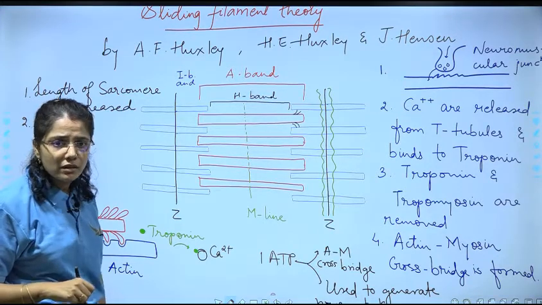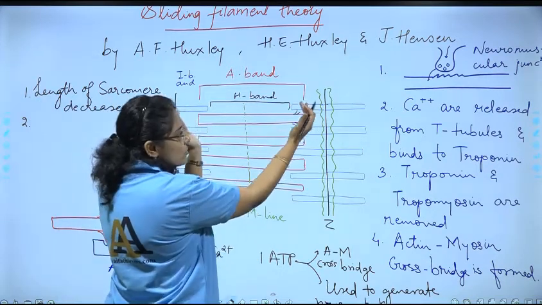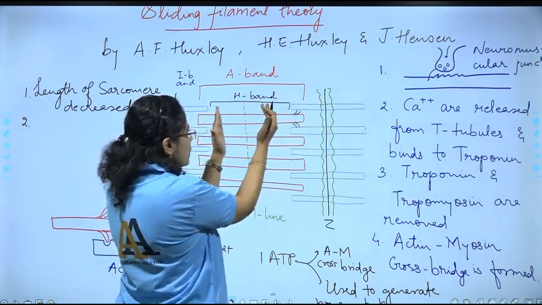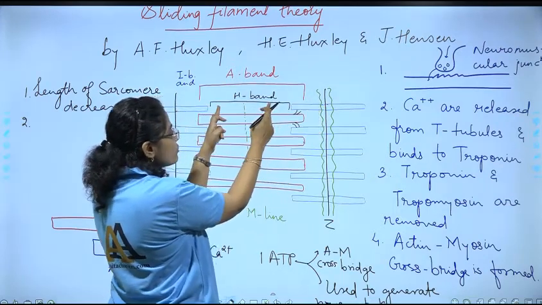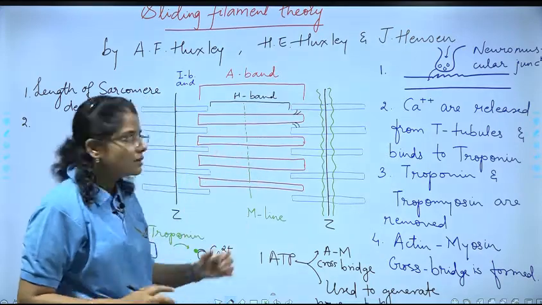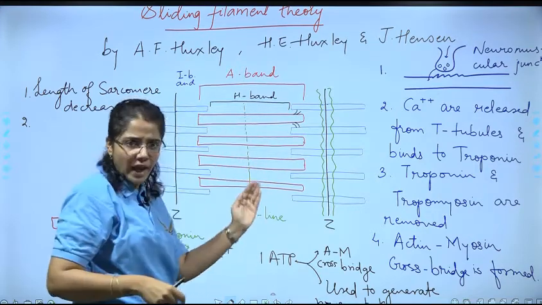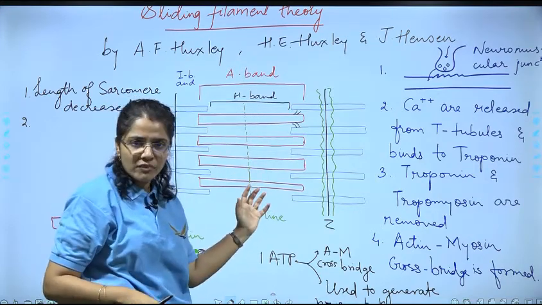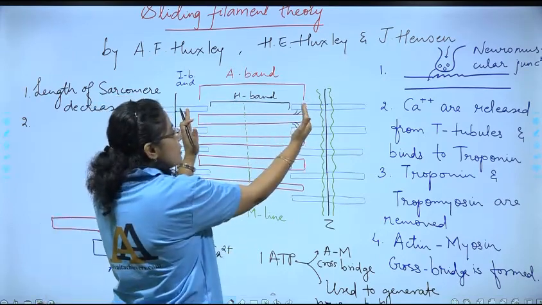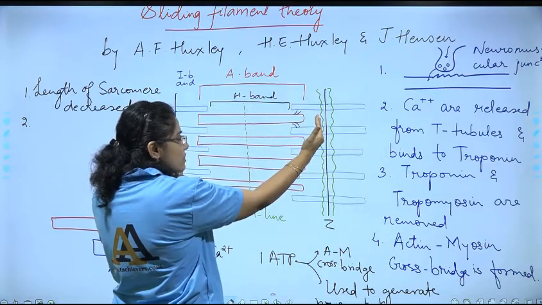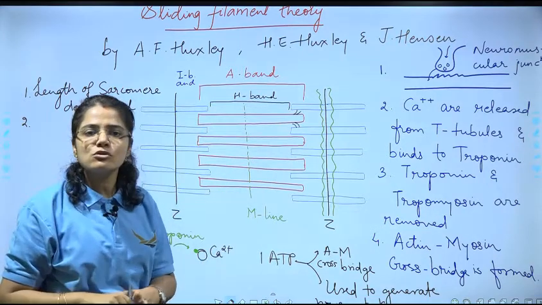Next what happened? अब pay attention, हाँ, अगर ये जो एक्टिन फिलामेंट है वो अंदर की ओर आ रहा है, ठीक है, पे अटेंशन प्लीज. If it is coming towards the inner side, what is going to happen to the length of the H band, है ना, ये भी तो ज्यादा कवर हो जाएगा. तो ये जो एच बैंड है जिसमें सिर्फ एक्टिन मायोसिन दिख रहा था, है ना, जहां पे सिर्फ मायोसिन है, ओवरलैपिंग वाला पोर्शन नहीं था. So when these actin filaments are getting closer, sarcomere length is being decreased. तो ये एच बैंड का लेंथ जो है that also decreases.